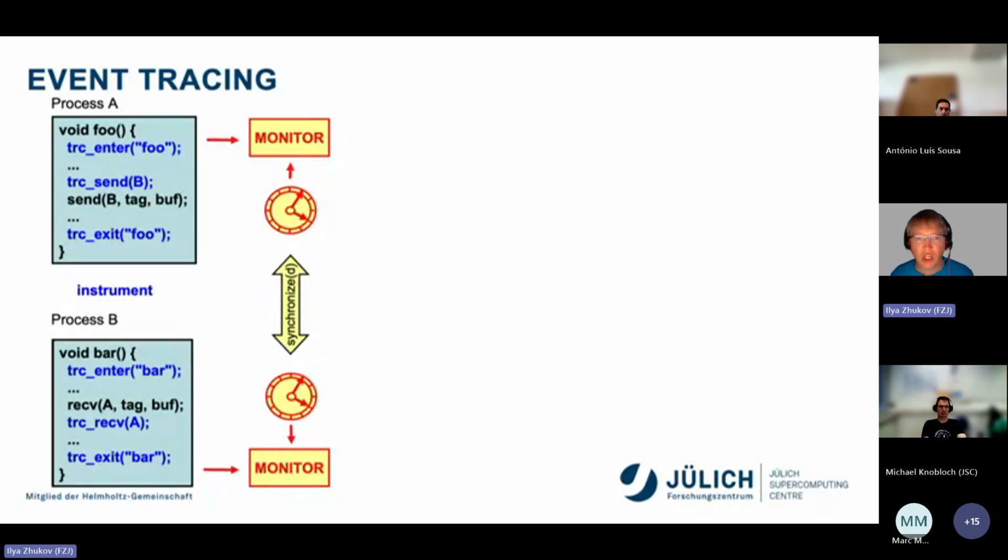Now we would like to measure. We run the application and we collect information about timestamps and so on. For example, where it was sent, the sender and receiver. If it's collective calls, maybe you would like to collect also information about the communicator and so on. And so you measure time. You have to be careful about this, because timers on different nodes can be a little bit asynchronous. So maybe you would need to make sure that the timers are collected correctly.